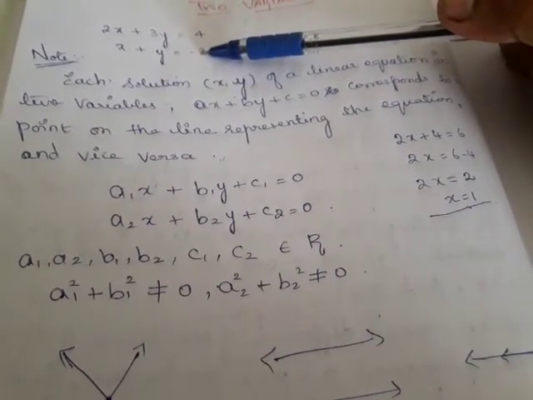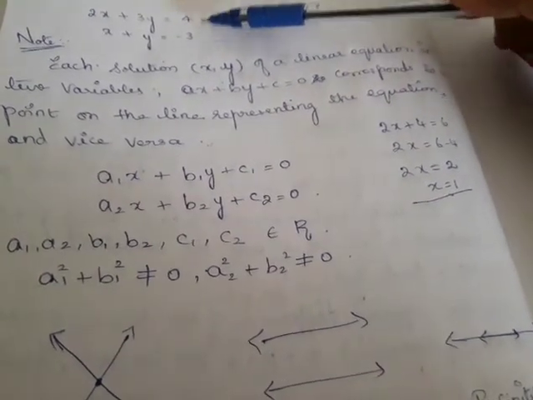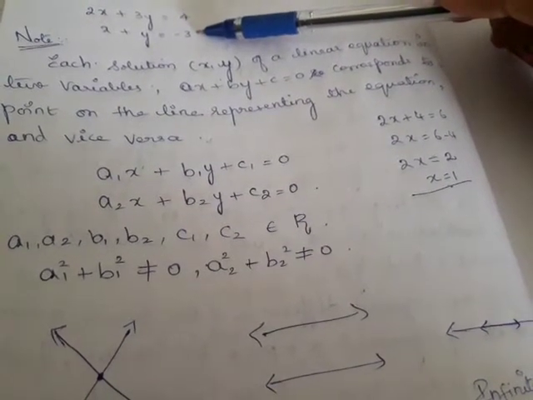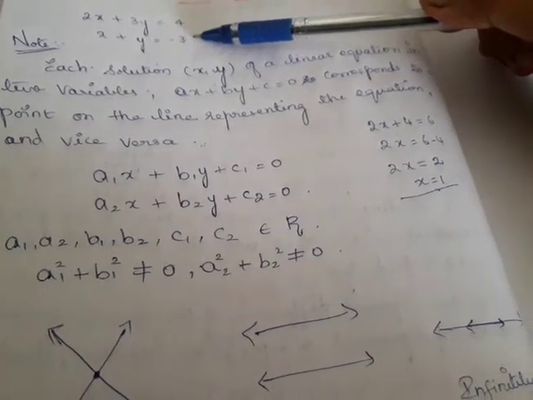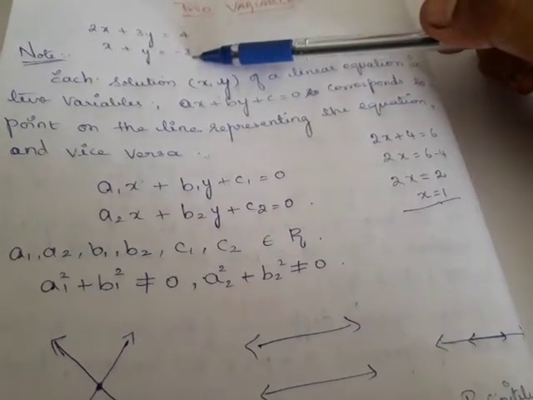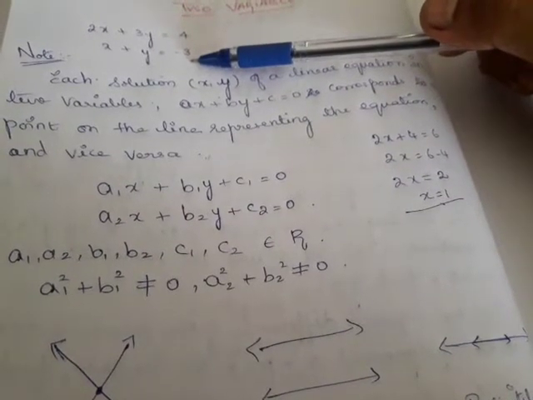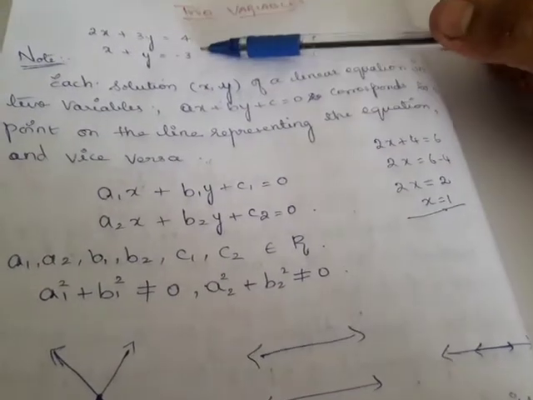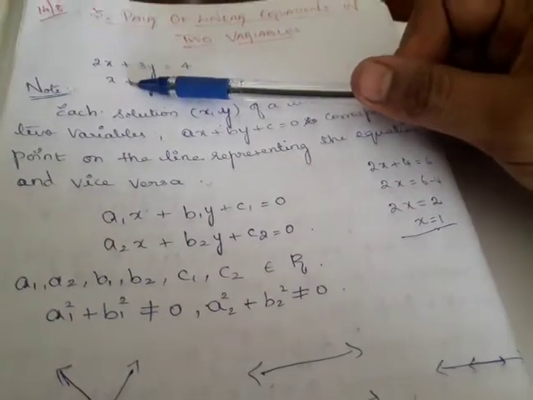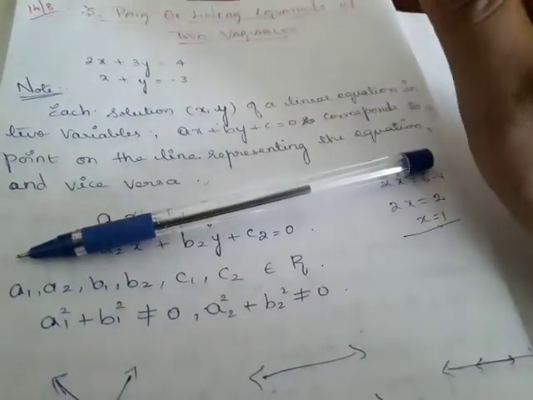You will get a straight line, and every point on the straight line is a solution of this equation, because we know a linear equation in 2 variables will have infinitely many solutions. How do you know it has infinitely many solutions? Because every point on the line is a solution of that equation, and similarly every solution of the equation will lie on the straight line. Yes, because if you assume any value for x, you can find the corresponding value for y. If you assume any value for y, you can find the corresponding value of x. I am talking about a linear equation in 2 variables, only one equation, not a pair of equations, right?